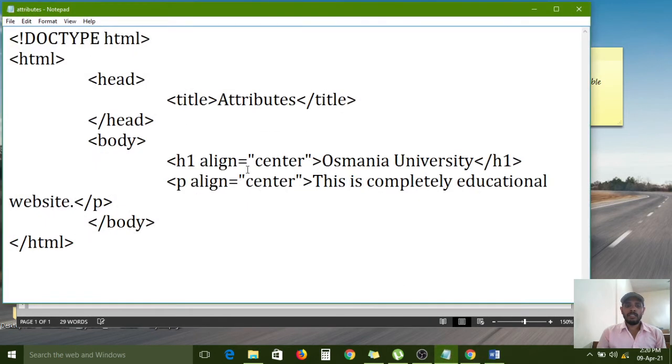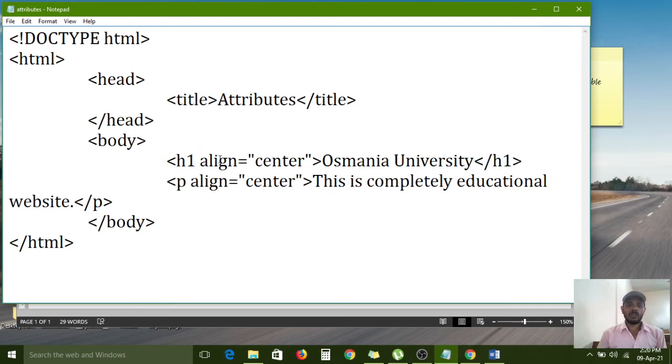Here the element is what? H1 is the element. Here element and tag are both the same. Sometimes we pronounce element, sometimes we call it tag. So the element contains additional information. If you want to provide additional information, attributes are useful. So the H1 tag contains an opening tag and a closing tag.